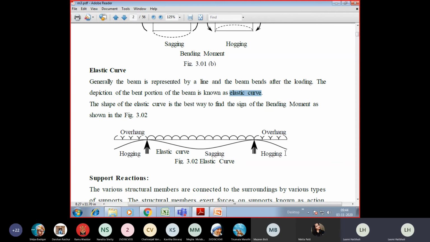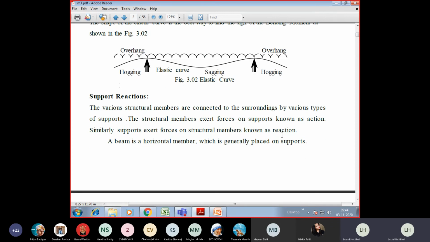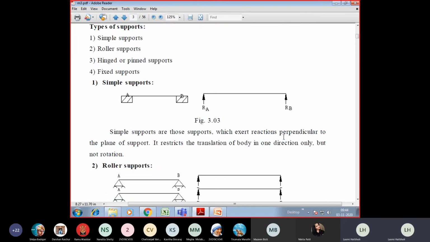Okay. So this is all about the elastic curves, and let me revise the support reactions once again today. In the next class, we'll go to the derivation of the relationship between SFD, BMD, and the intensity of the loading. Let me revise these reactions because when you go for the numerical examples, all the numericals need the reactions. In the first year, you have already learned how to calculate a reaction.